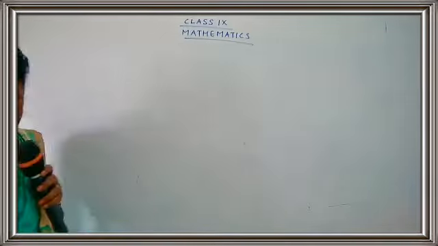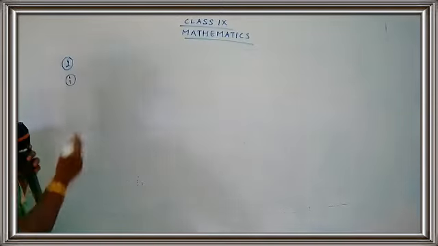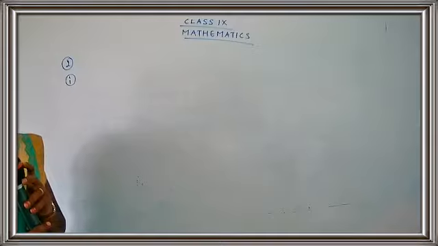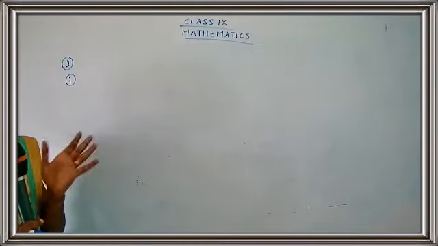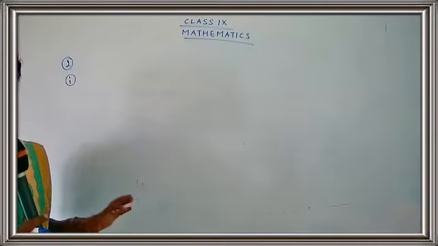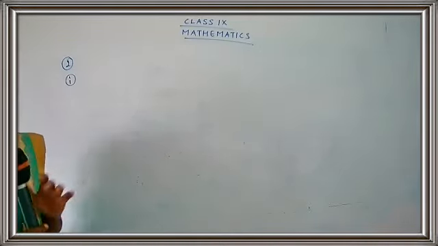So here I am going to start with the second question, the first subpart. It's rationalize the denominator and simplify. So they are asking you to rationalize the denominator. I have told you that whenever we rationalize, mostly we go for the denominator part, because in the denominator part we don't keep the irrational part. We have to keep only the rational part in the denominator.